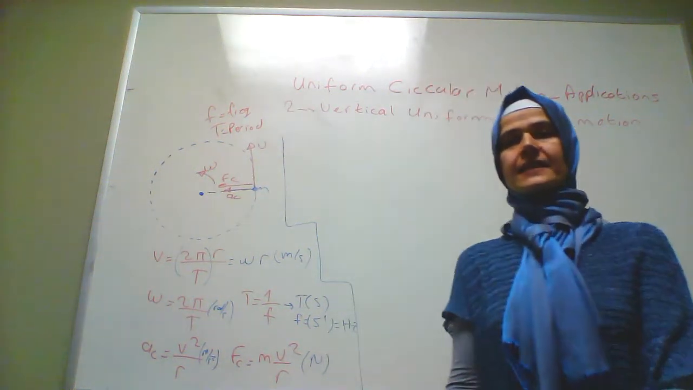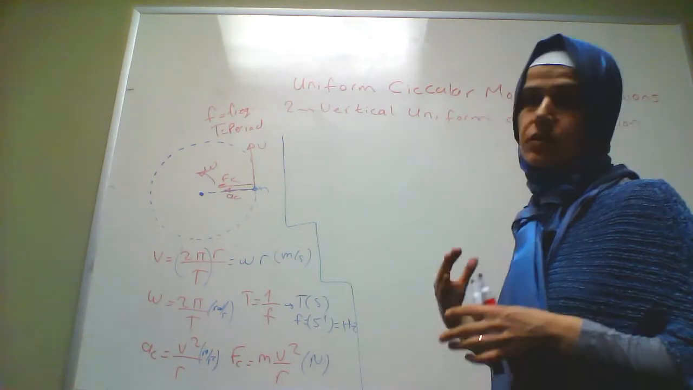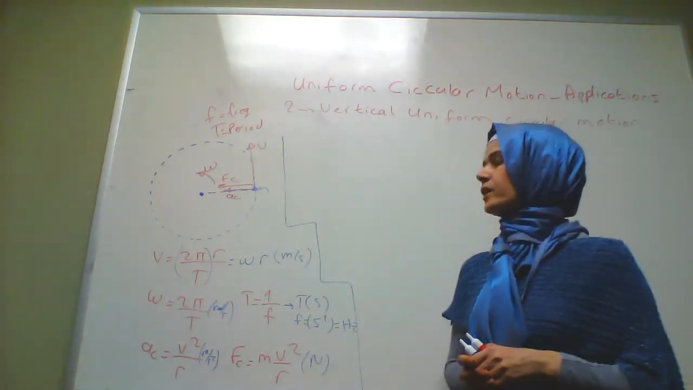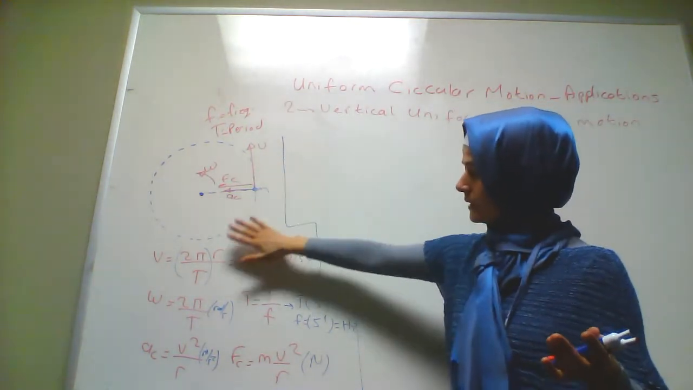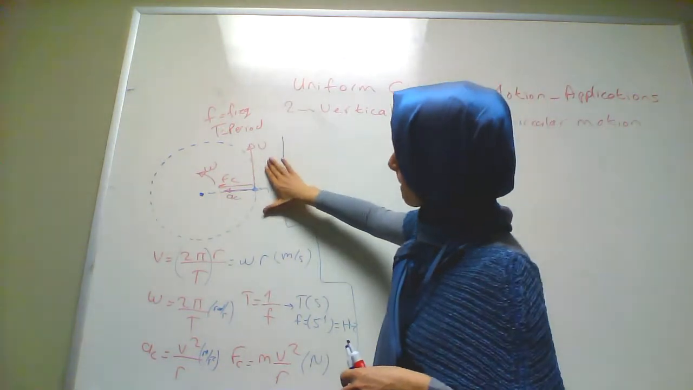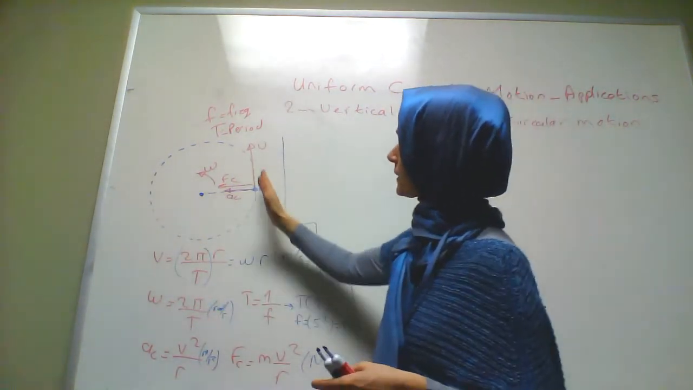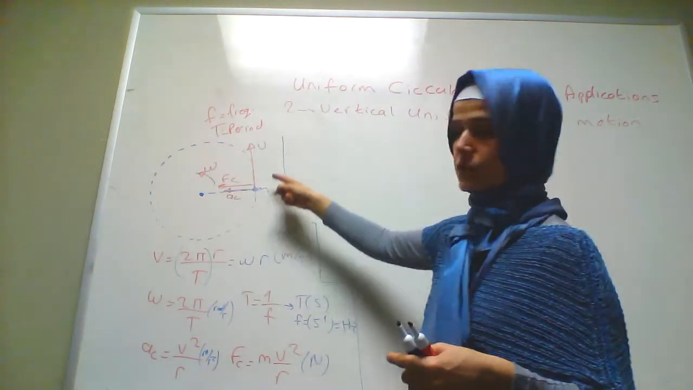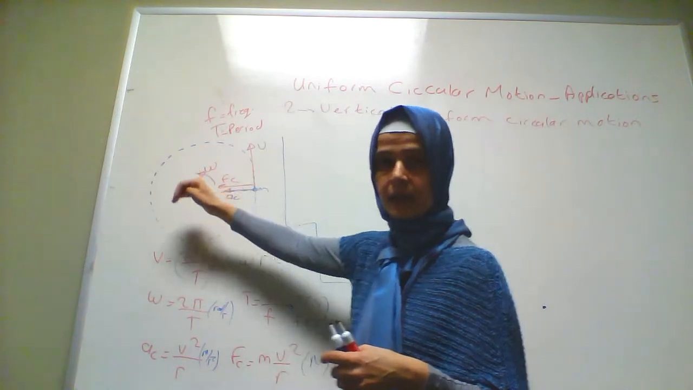Hello friends, this will also be a short video, about half an hour, talking about uniform circular motion. In the previous lecture we talked about uniform circular motion and the properties of uniform circular motion. We said there is a constant linear velocity going along the circle and there's constant angular velocity spanning an angle,